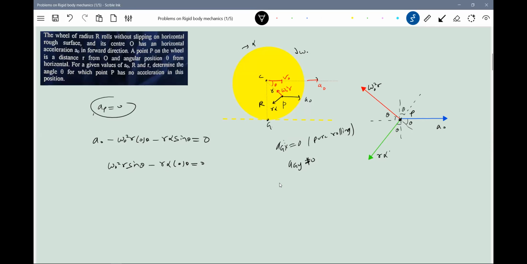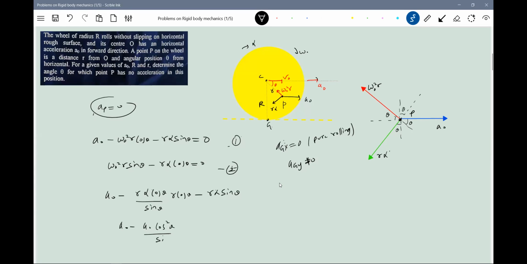Omega naught is what we assumed. What are the given things? A naught, capital R, smaller r. Omega naught has to be eliminated. So substitute 1 in 2, 2 in 1. This omega naught you substitute here. Omega naught square r, what can you get? R alpha cos theta by sin theta. Substituting that, r alpha cos theta by sin theta. Later on, r alpha we'll write as a naught. This will become a naught